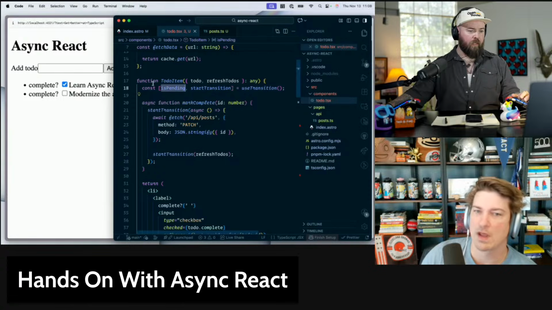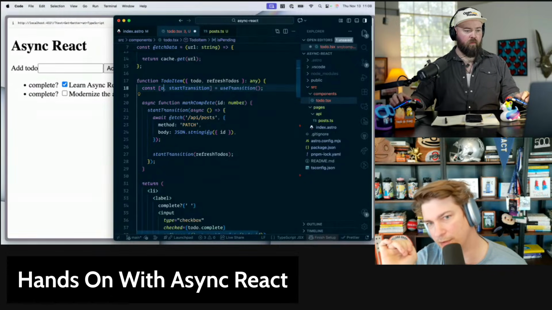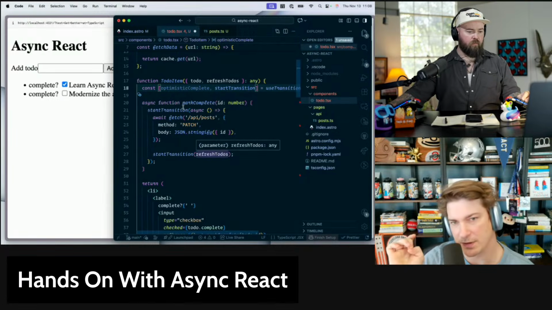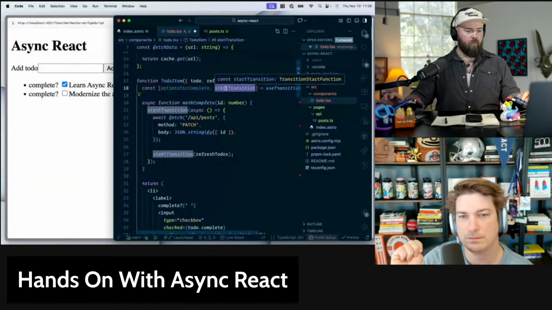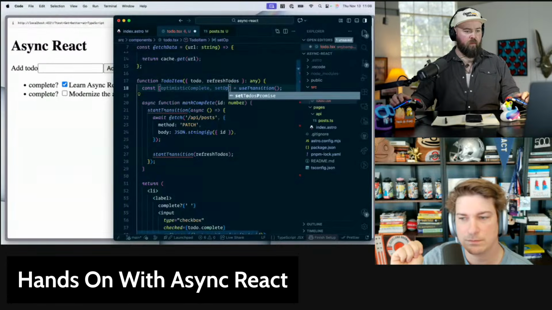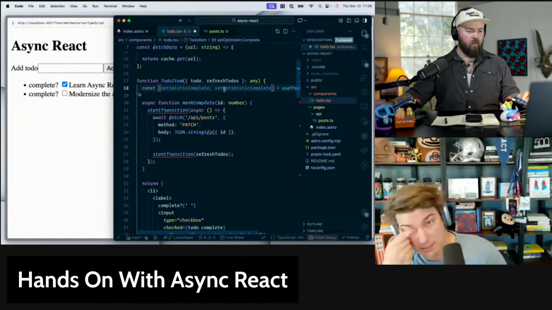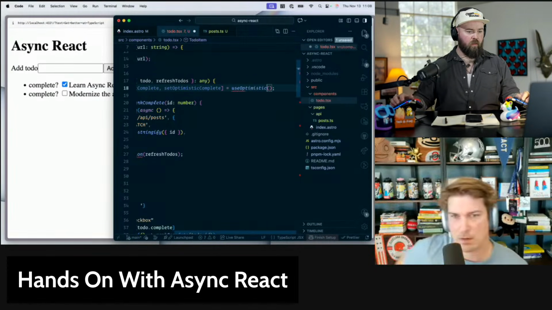So instead, let's delete this isPending. Let's just change isPending to optimisticComplete. Okay. And then setOptimisticComplete here? Yep. And then change useTransition to useOptimistic. Okay.